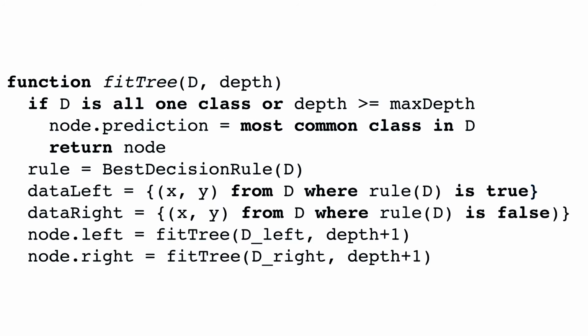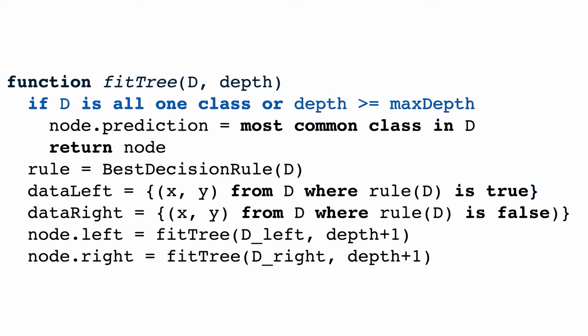So of course, this is the overall function definition where it's going to take in a data set, capital D, and it's going to take in the depth of the tree that it's currently at. And there's, at least in this pseudocode, I've written something kind of ugly, which is I have this global variable, which is in the next line, called max depth, which may or may not be one of the inputs to the function as well. But this is a recursive function, and each call to the function will return a node which characterizes the subtree